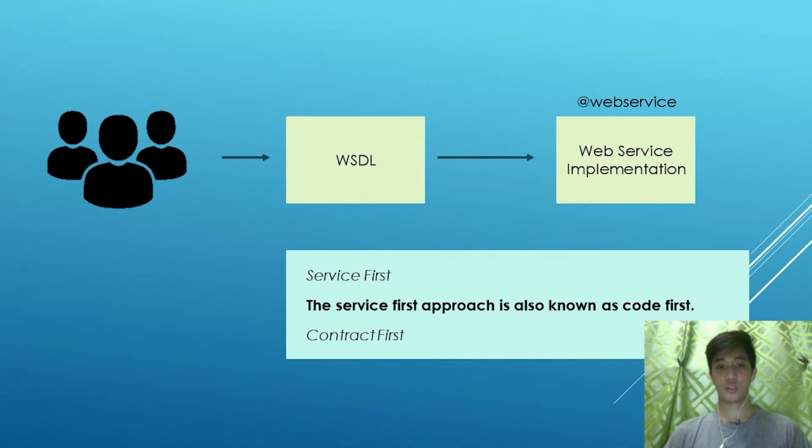The service first approach is ideal for web learning services, and that's what we've been using all along. Because we're learning web services, we write the Java class first, then let the WSDL get generated automatically. But the contract first is something we could use in a real world production scenario, where there are a lot of people who can use our web service, and you want to fix or lock down the WSDL. So you write the WSDL first, share it with all consumers, then you write the service implementation. Afterwards, you can change the web service implementation without changing the WSDL.